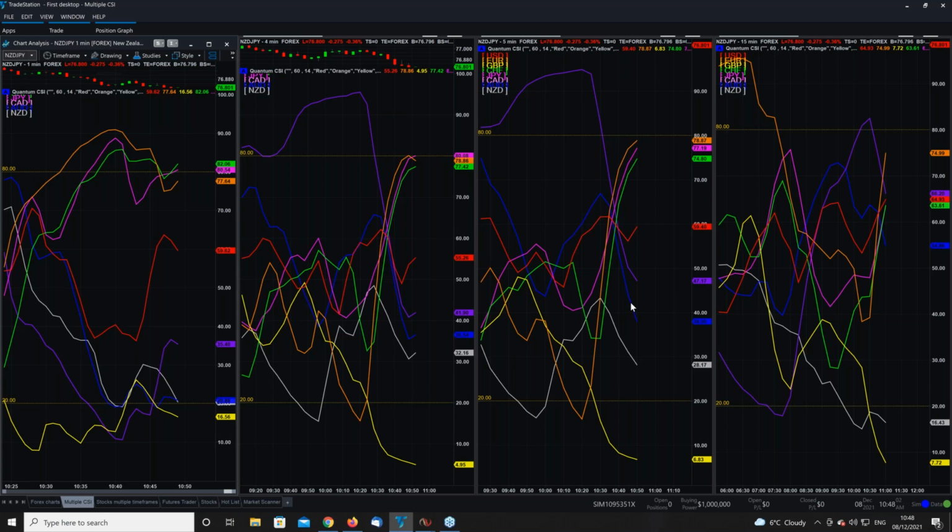It's always a case, you're looking for divergence. You're looking for those pairs which are moving in opposition to one another, strong buying in one, counterbalanced by strong selling in another. And what you're not interested in are those currencies which are all moving in the same direction, which you can see up here: the euro, the Japanese yen, and the Swiss franc. They're all moving together in exactly the same way on this time frame, and also to a large extent on this time frame as well. So you're always looking for divergence.